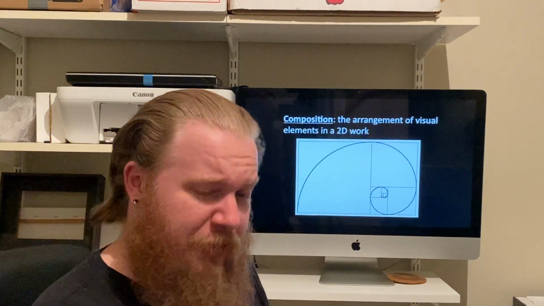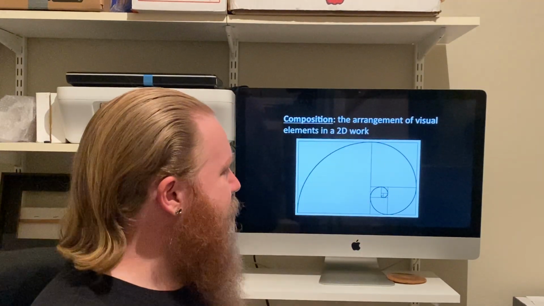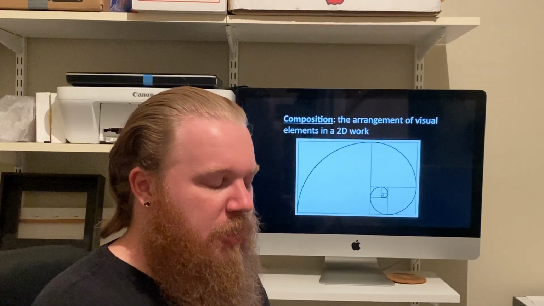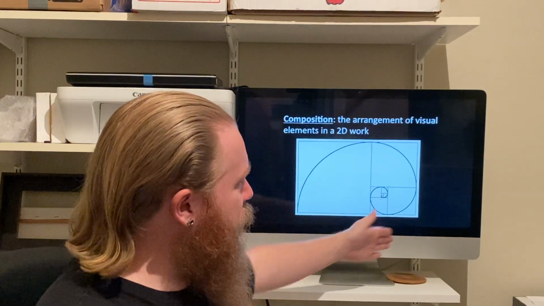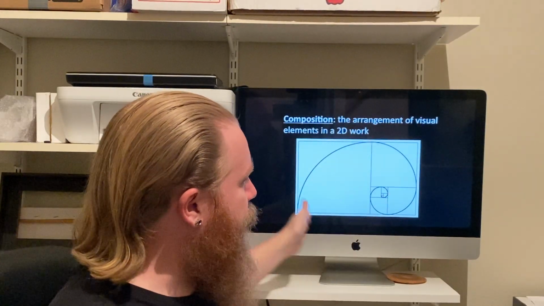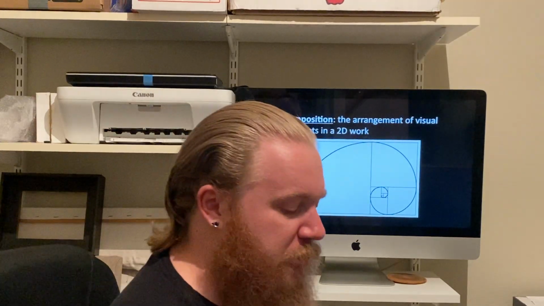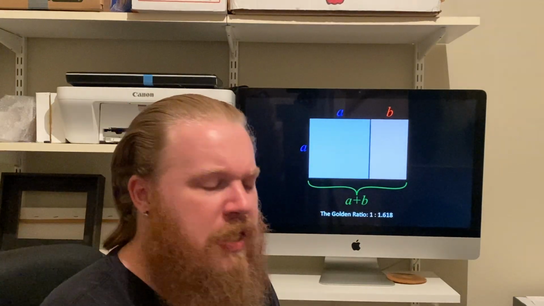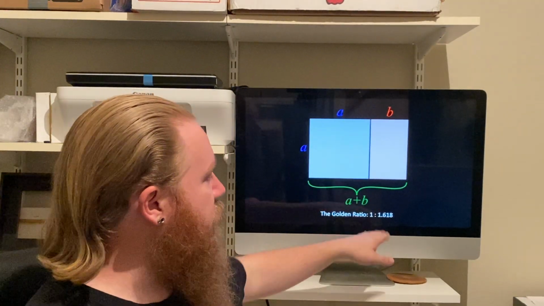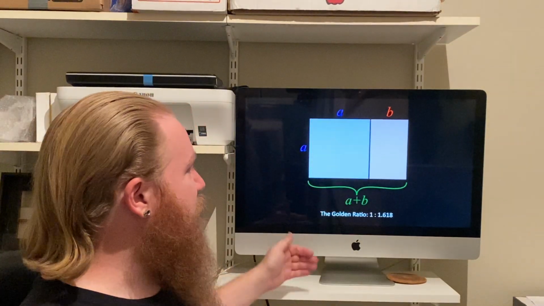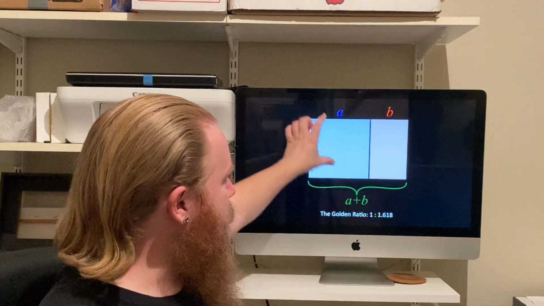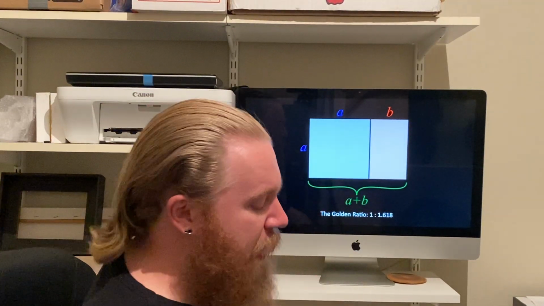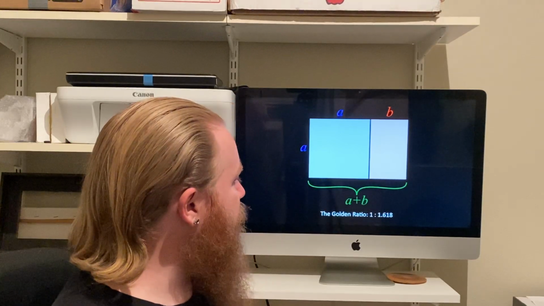This is what's known as the golden ratio, and it's a way that many artists in the past especially used the visual elements in this kind of format to create a very harmonious kind of picture plane. And so the golden ratio is a very, very harmonious set of ratios. It is a ratio of 1 to 1.618, or as we see here, A and B equals A plus B there. So pretty basic rundown,